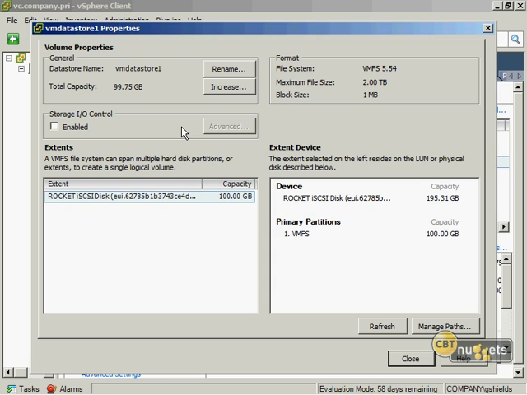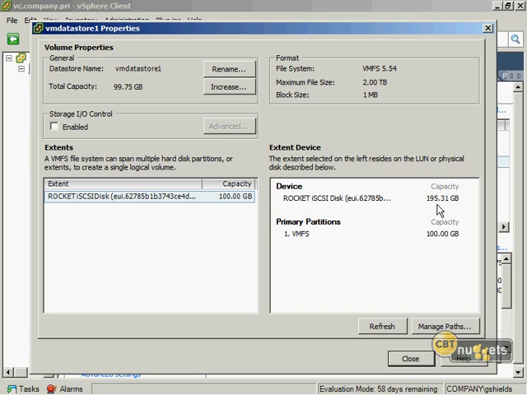Now, one of the other things I talked about that I wanted to introduce to you here in this nugget is the notion of expanding those data stores when you begin to run out of space. Now, when we created this VM Data Store 1, you remember how we created it with 100 gigabytes of storage from the LUN that was presented to it. We've created essentially a single 100 gigabyte extent that is essentially the composition of this VM data store. At some point, you're eventually going to begin to run out of disk space on this particular data store. And as you can see here, I have, of this 100 gigabytes here in the partition, the device is currently making available to me